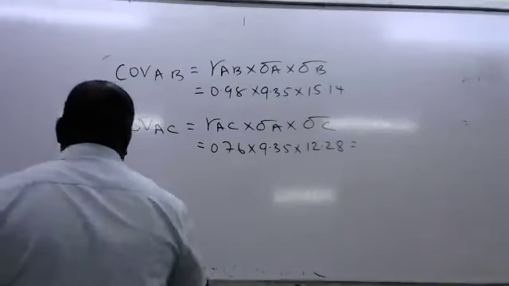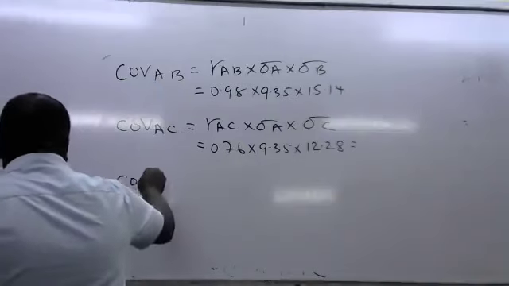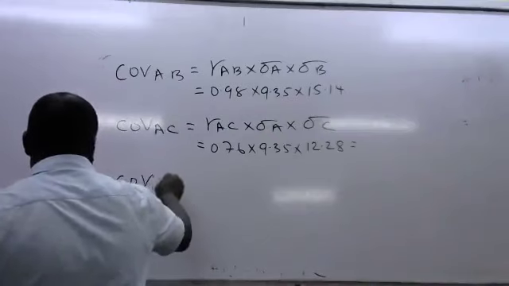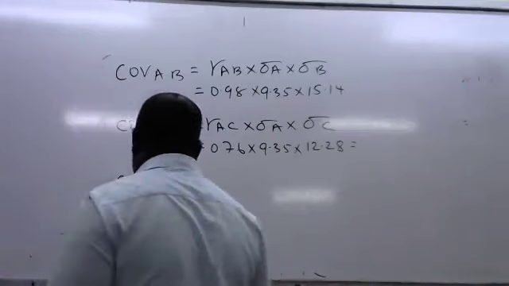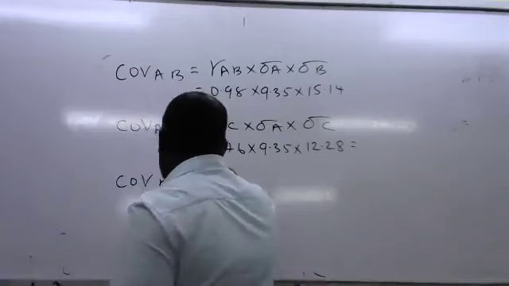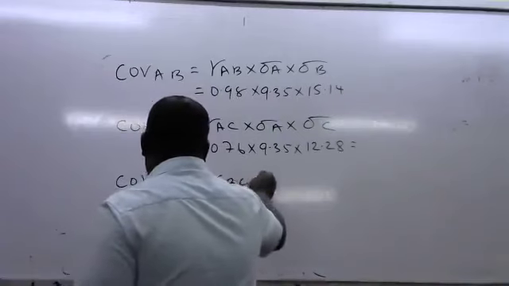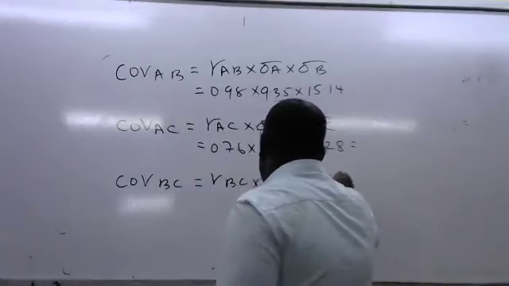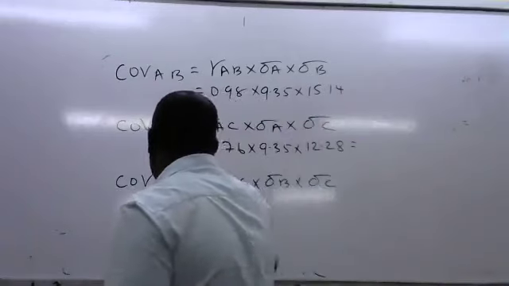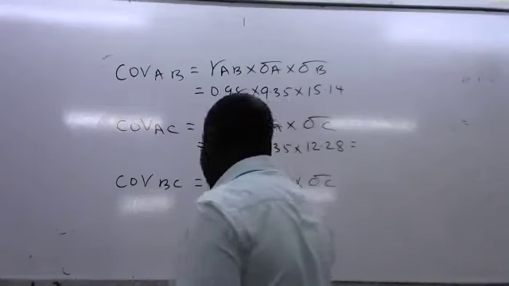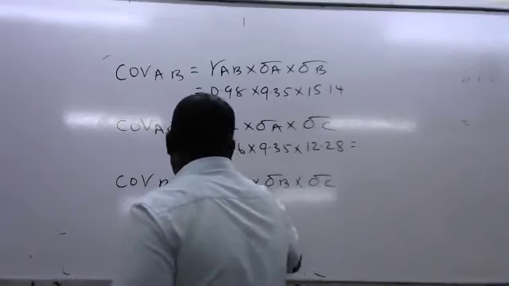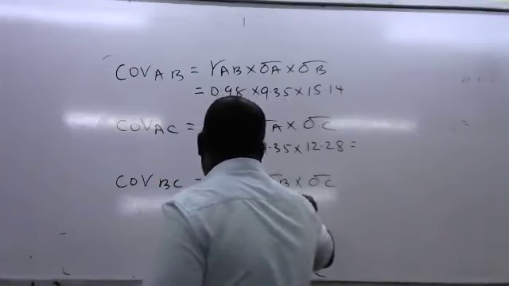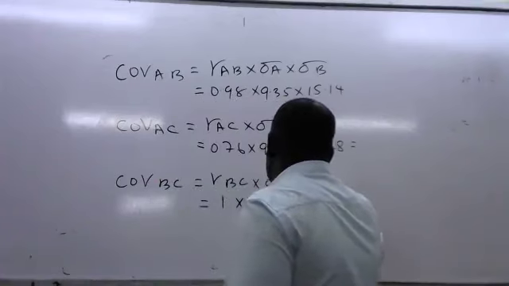Finally, you will also calculate the covariance between B and C. So the correlation coefficient between B and C, multiplied by the standard deviation for B and the standard deviation for C. Even for this one, it is 1 multiplied by the standard deviation for B, 3.14, and the one for C is